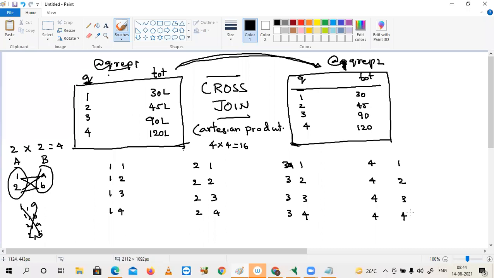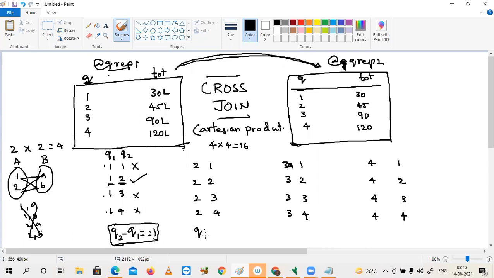Look at only the first column. What do you want to compare? If all these things are quarter numbers, I don't want to compare this one. If you treat it as Q1, and if you treat it as Q2, what should be our condition? Q2 minus Q1 equal to 1. Only what will be true? Only 1, 2. That means quarter 1 is available with quarter 2. If my cross join condition is this one, the remaining rows will be eliminated or not?